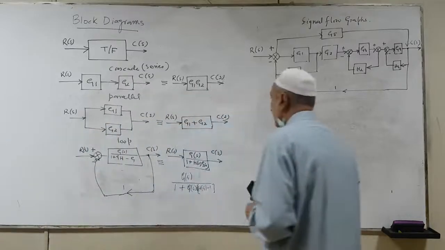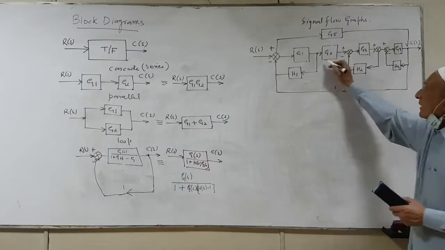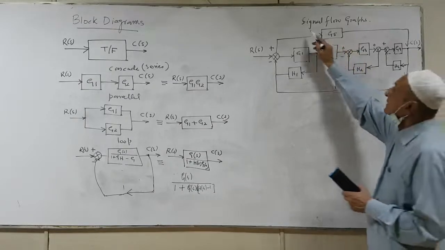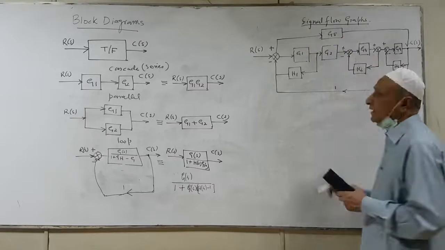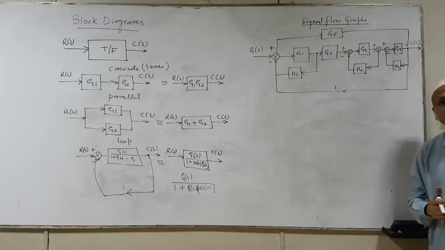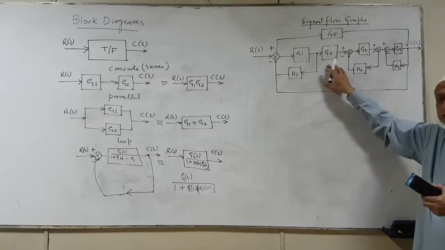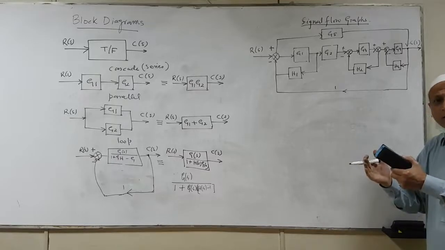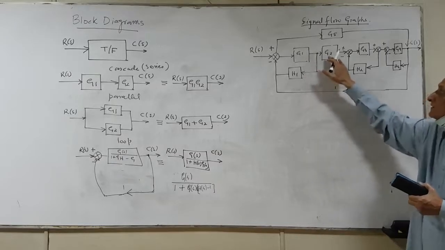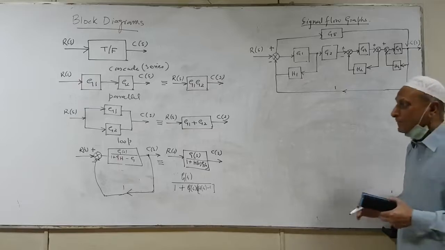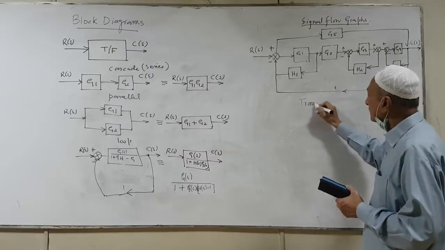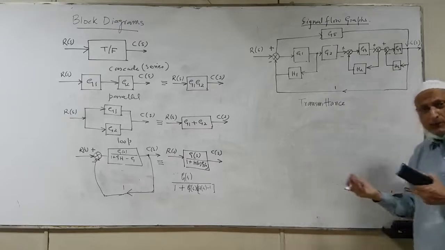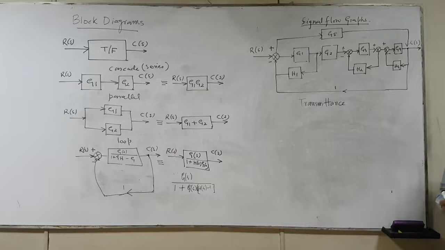Now, in order to reduce the complication, we go for another technique which is on the basis of signal flow graph. Now, signal flow graph is simply a graph of this one which indicates the flow of information from input to output or output to input by replacing each of these blocks by a transmittance. Now, the transmittance is simply again a transfer function, a type of transfer function, but we don't use a block in this case.